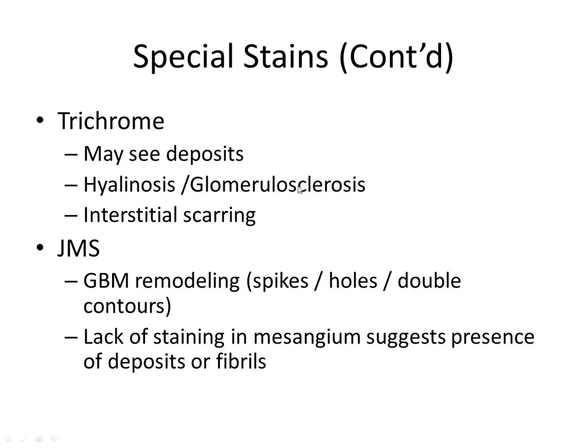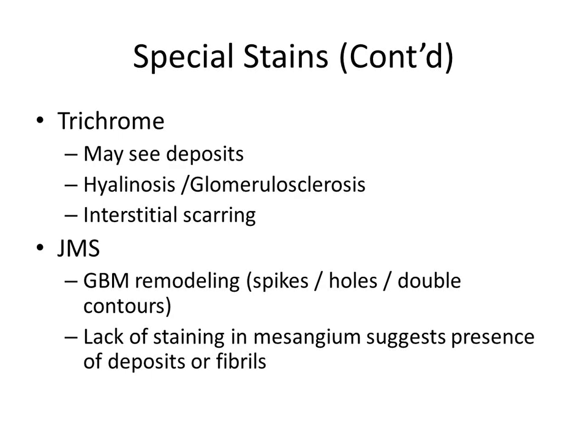Again, the hyalinosis and glomerular sclerosis can be highlighted with the trichrome stain. And then also the best thing for the trichrome stain is really to look at that interstitial scarring. Sometimes when you have tubular interstitial disease, it'll actually just be edema. So when you're looking at the trichrome stain, you see separation of tubules, and it's kind of a light blue matrix. And you don't want to overinterpret that as being collagen. You want to characterize that as edema, because the edema can go away. But if it's dense blue, it's going to be collagen, and that is irreversible change. So again, kind of characterizing what's going on in the interstitium. Is it more edema or is it more collagen deposition?